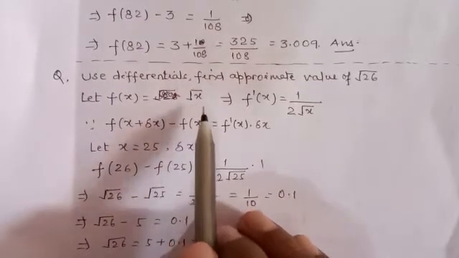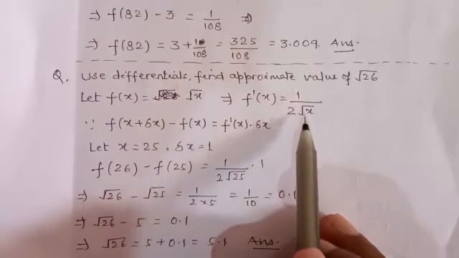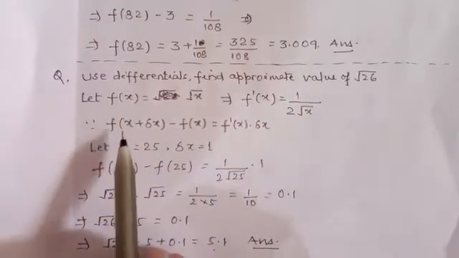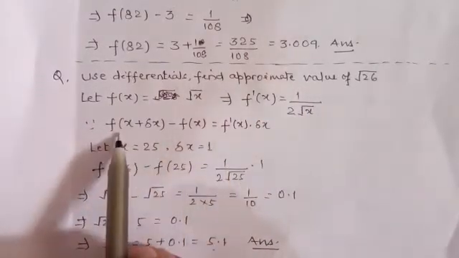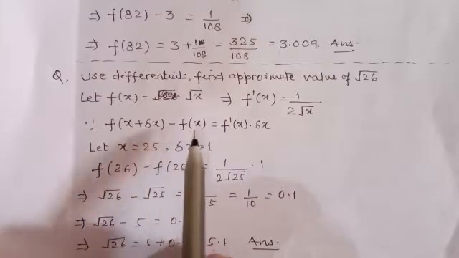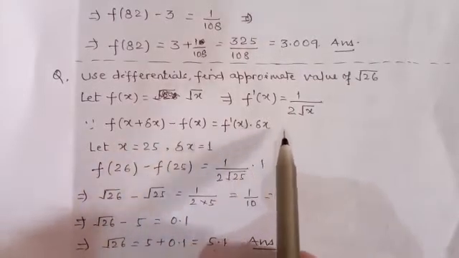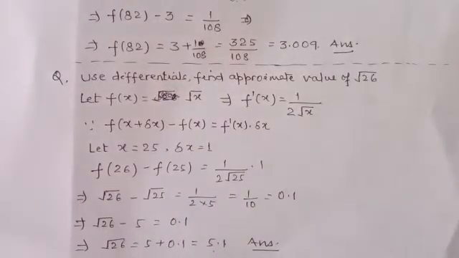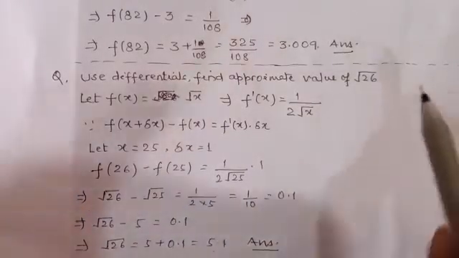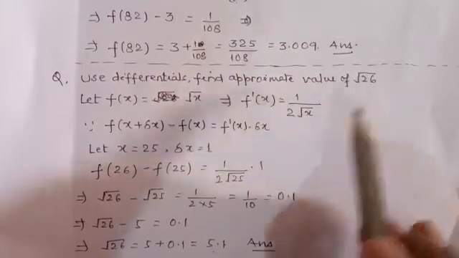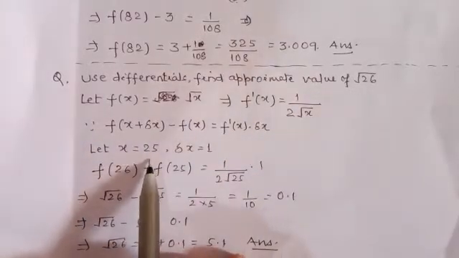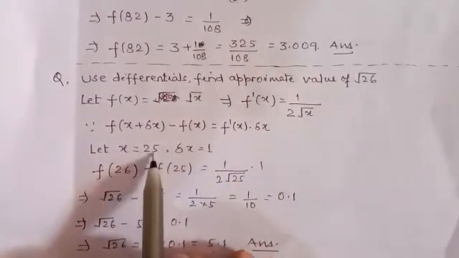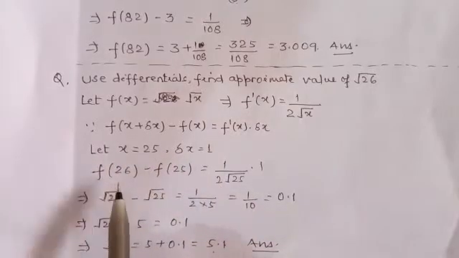Differentiate it with respect to x, then f dash x is 1 by 2 root x. Apply the approximation formula: f(x plus delta x) minus f(x) is equal to f dash x into delta x. Again consider suitable values for x and delta x. The number nearest to 26 is 25, whose square root is obtained easily, and delta x is 1, so x plus delta x becomes 26,